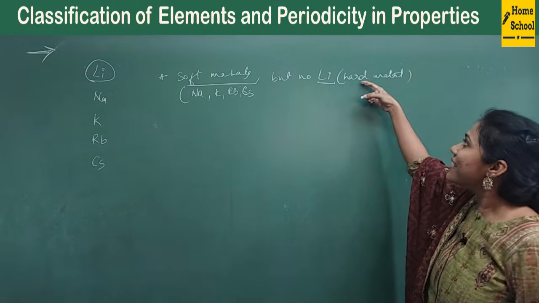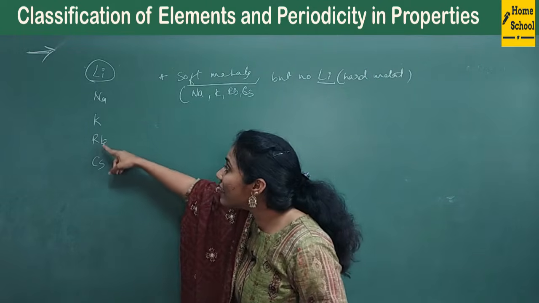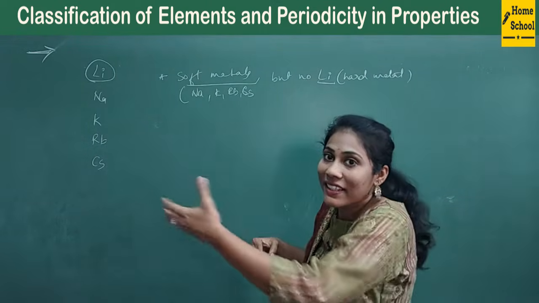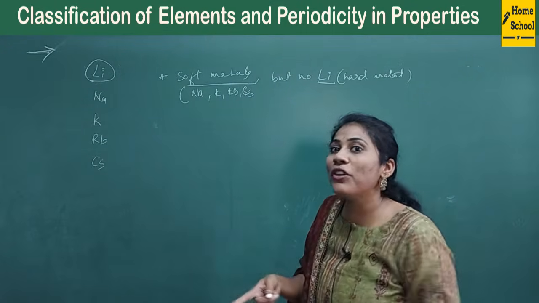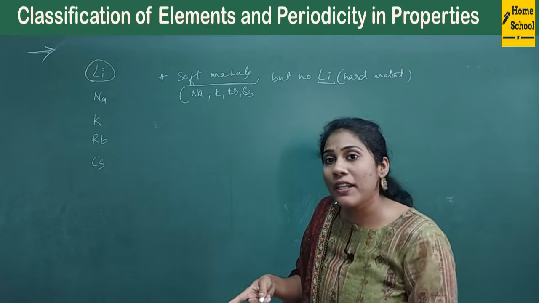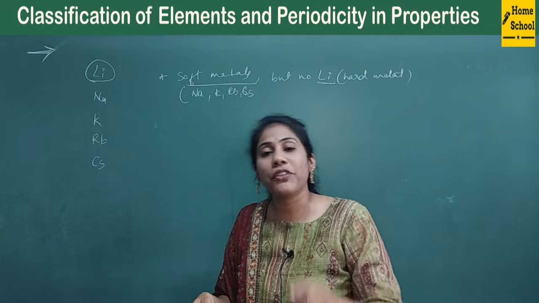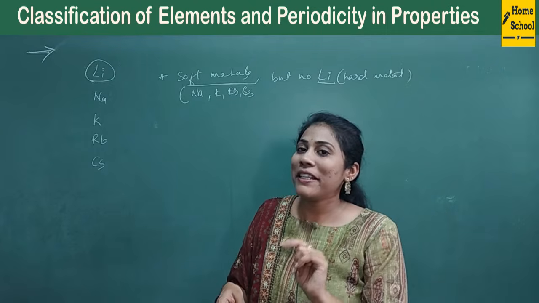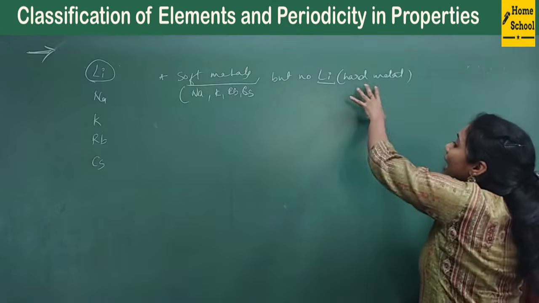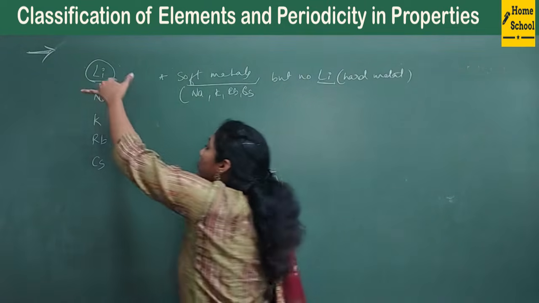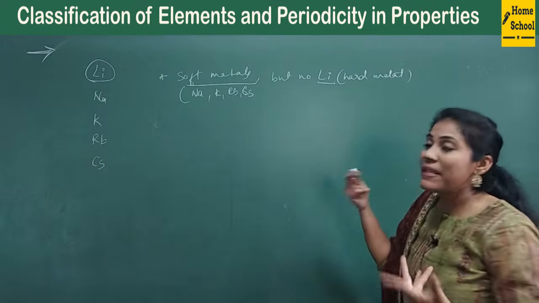So definitely this is a different property that lithium is showing compared to other elements in its group. So why is lithium different? Because of the 4 reasons. What are the 4 reasons? Small in size, high ionization enthalpy, highly electronegative, and covalency is limited to 4. Because of these reasons, our lithium is hard, whereas other metals in the group are soft metals. So this is one case where lithium is different.